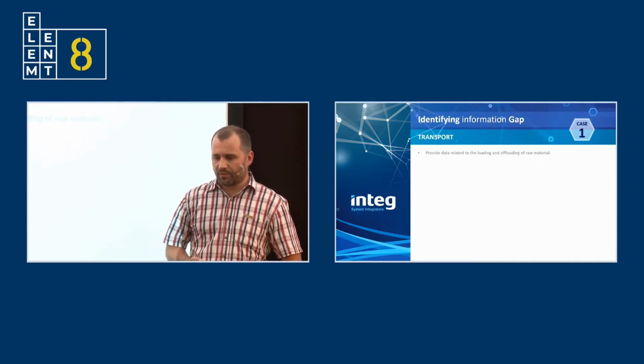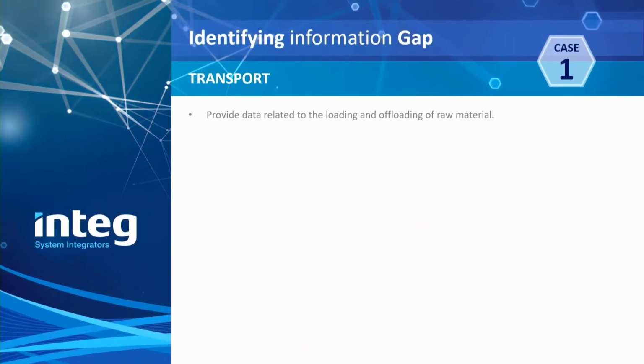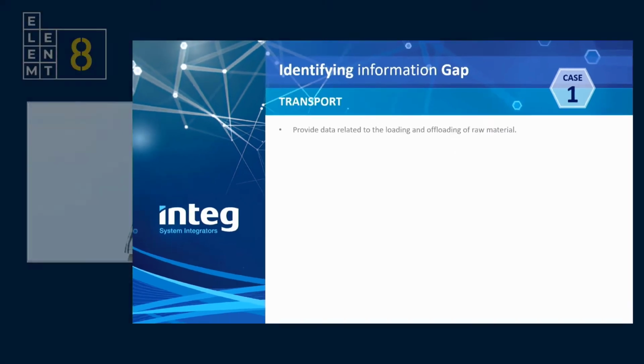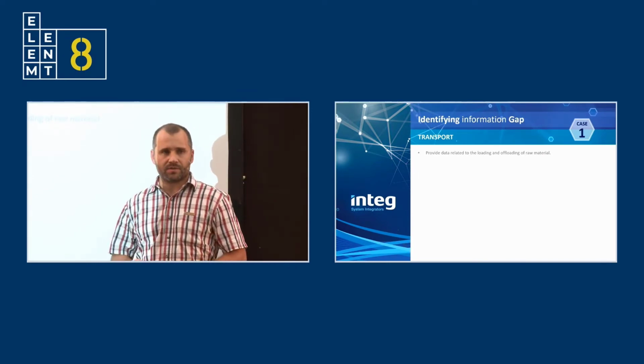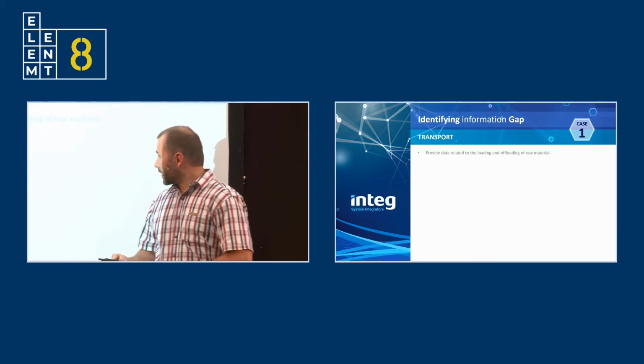For case one, we looked at transport. The request was to provide data related to the loading and offloading of raw material. On this particular site, technicians would use historian clients to formulate some sort of production performance information dashboard. These client tools were available to all the managers on site and all the technical operators on site as well. But they normally didn't have the time or the know-how to use these tools. So technicians would take this data and print the trends out on PDF, and